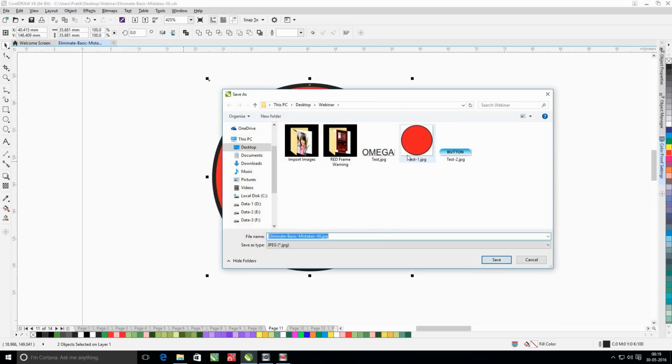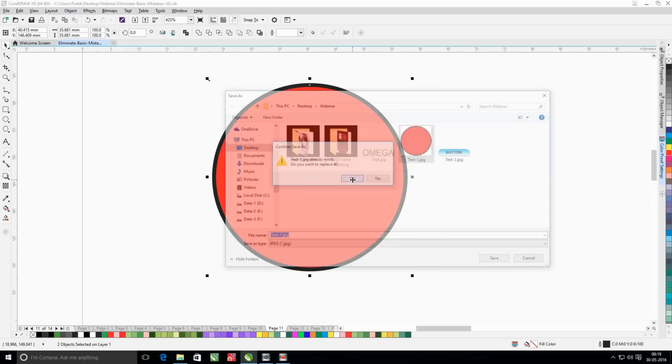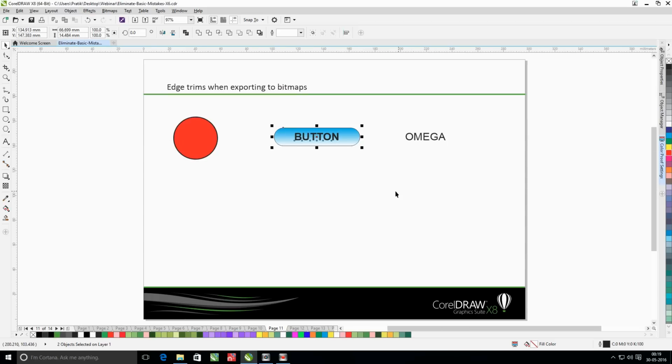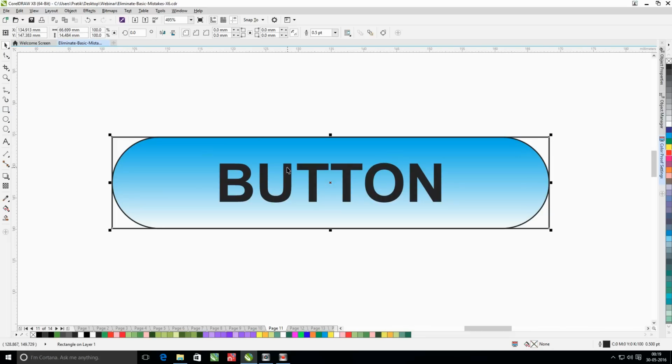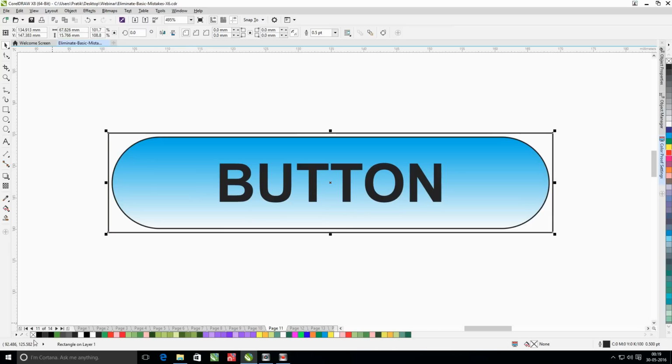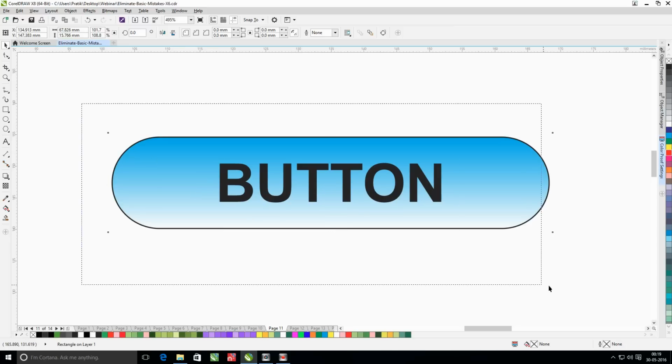So what happens is when you re-import these images back, there is no trimming occurring in the edges. That's the way.